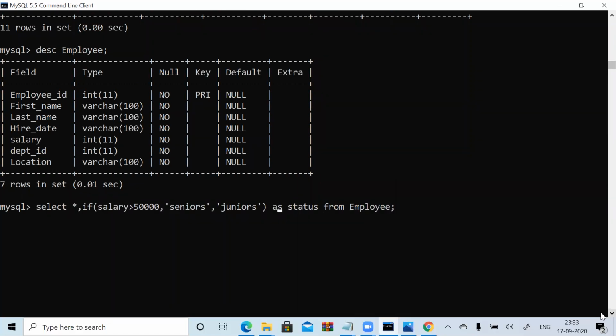After that, what I will write is the current year, 2020, minus RIGHT(hire_date, 4). So it will give years: 2020 minus 2015, 2020 minus 2016, like that I get some years, as experience.